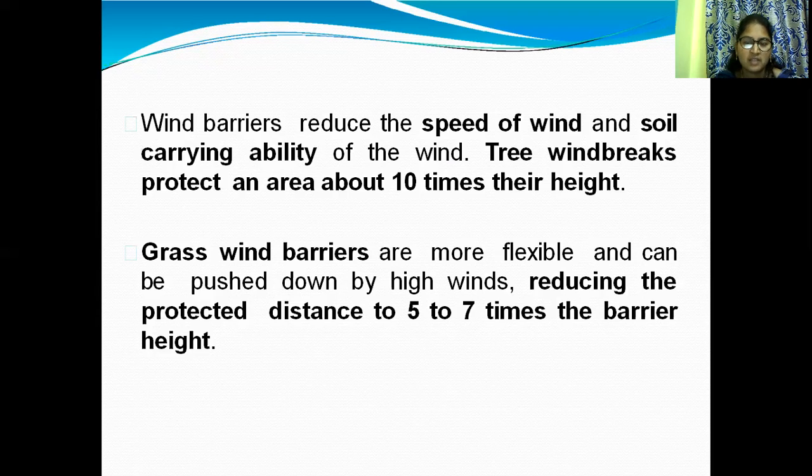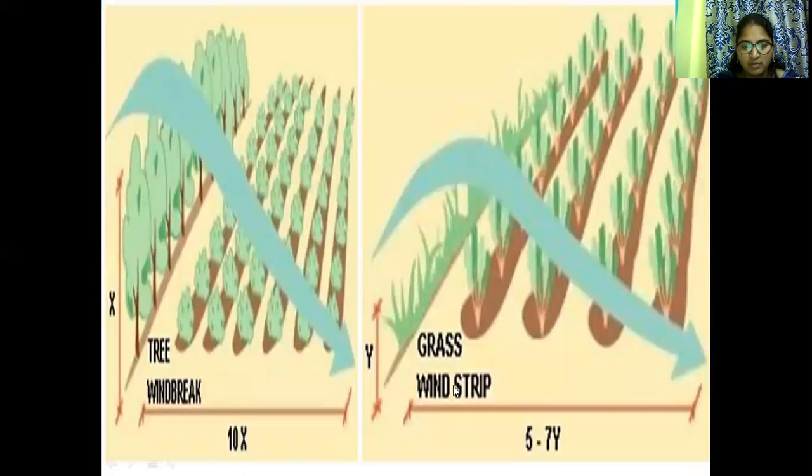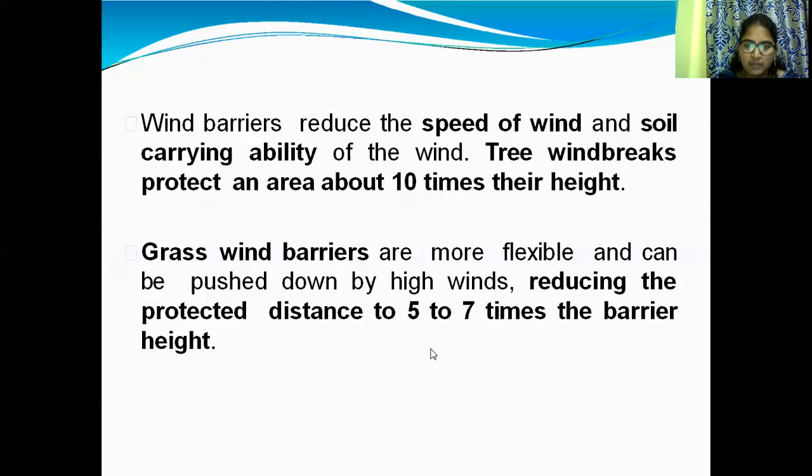Grass windbreakers are more flexible and can be pushed down by high winds, which reduces the protected distance to 5 to 7 times the barrier height.